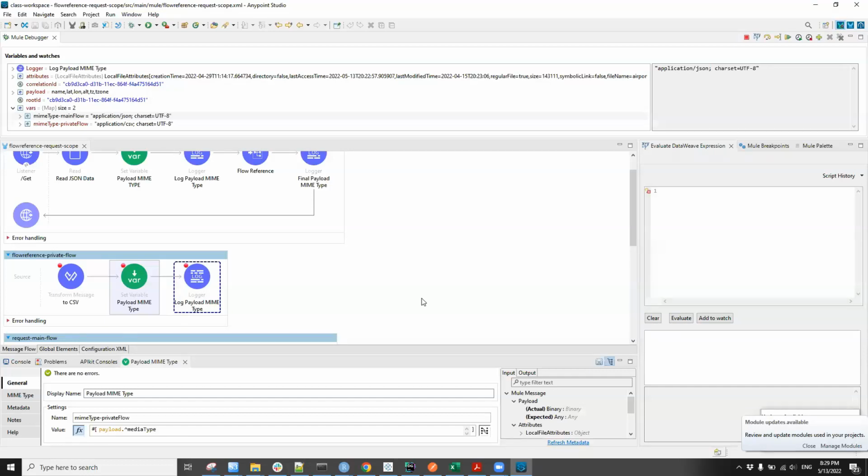Since the payload from the private flow, in the flow reference, we are not saving it as a target, the payload will get overwritten. That means the JSON data, we are going to lose it. We will have only the CSV data. So you can understand why